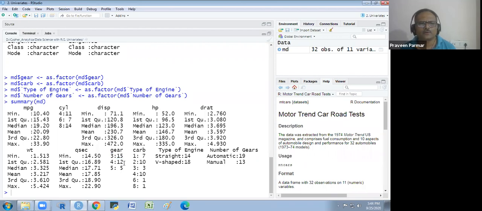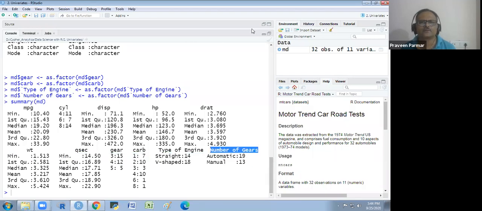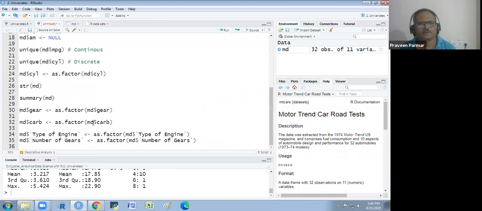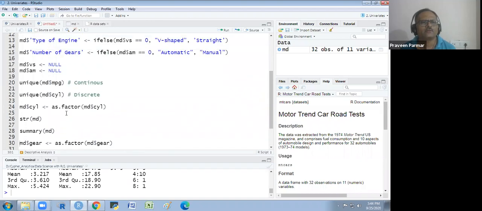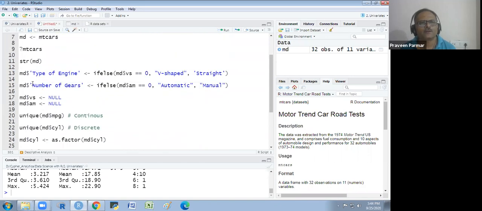3 gears, 4 gears, and this number of forward gears, and this gear is what? Oh, this is the type of gear, not the number of gears, so I will just change the name. Sorry, I just change it. Type of gear.